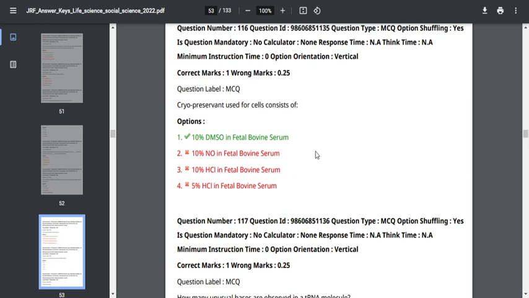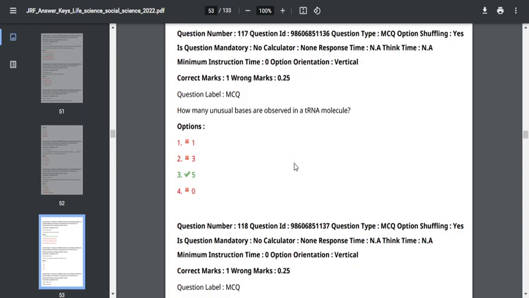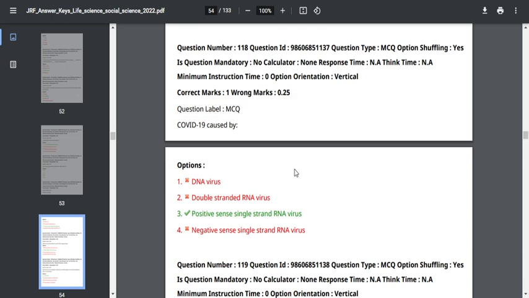The cryopreservant used for T cells consists of 10% DMSO in fetal bovine serum. DMSO means dimethyl sulfoxide. It has membrane penetrating activity and a water displacement property. So it is generally added along with the media in order to reduce ice crystal formation, thereby preventing the cell from cell death. Okay. Next, COVID-19 is caused by a positive